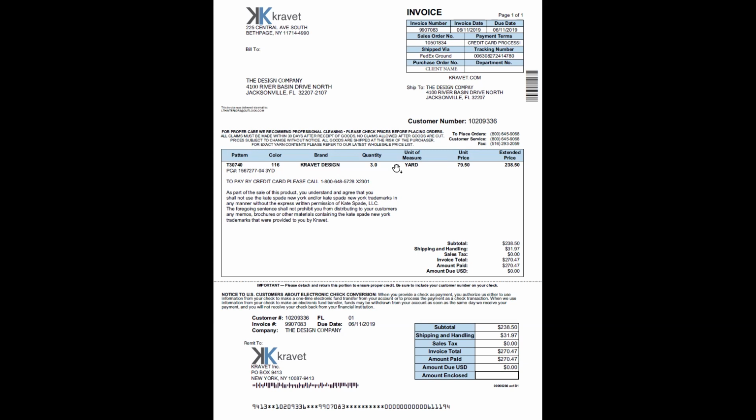Okay, we can see the information about the materials here. This would match the purchase order. The designer would be very wise to match the information on the invoice to the purchase order to make sure that no mistakes were made on the Kravet side when Kravet was entering the order. Because remember, I said in a previous video, it's super important that the information from the specification gets copied correctly into the purchase order, and that now on the invoice that information is also correctly inputted. And it's the designer's job to verify that.